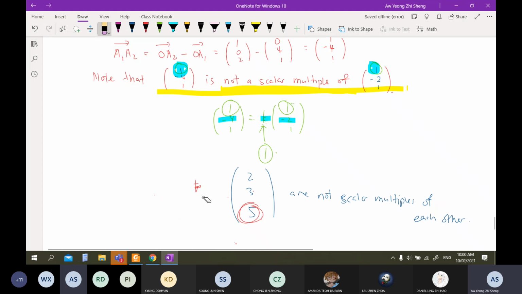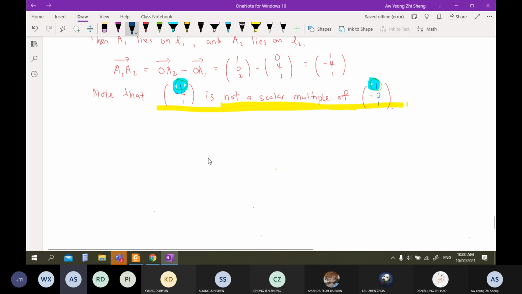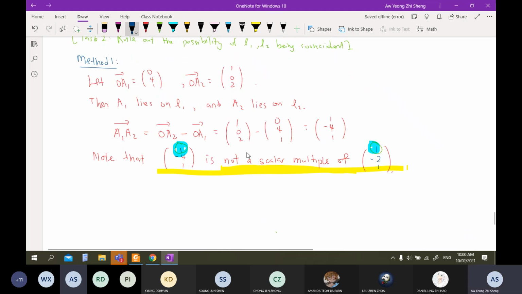Okay, our syllabus doesn't require you to really solve for the k. They just require you to state it in a sentence. So you just need to state in a sentence and note that (1, -4, 1) is not a scalar multiple of (1, -2, 1). Therefore, vector A1A2 is not parallel to